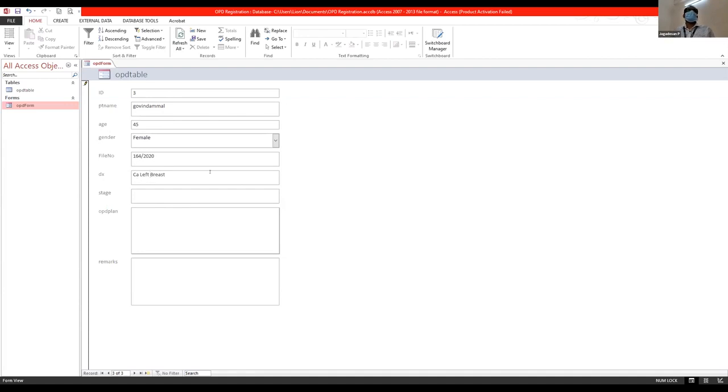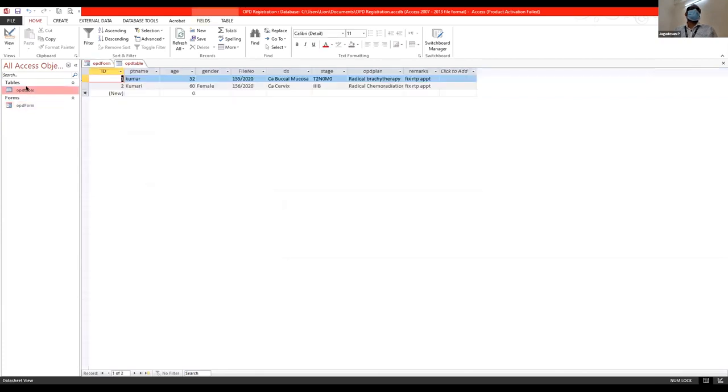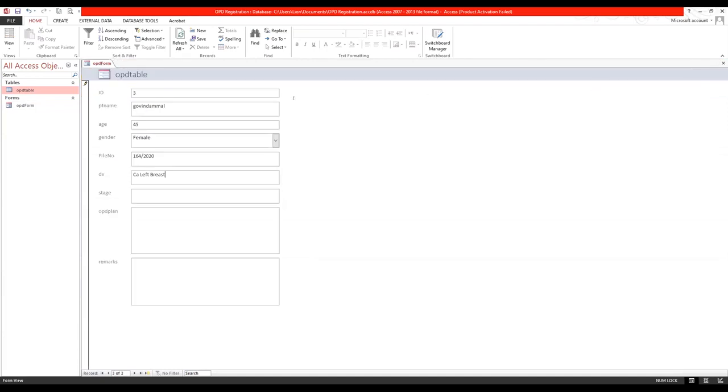In fact, this diagnosis column can also be made into a drop-down one. It's fine. But if you convert this into a drop-down, you have to go to the table and make the change there. The issue is, if you convert it there, that doesn't get reflected in the form over here. So whatever changes you want to make, first create the table with all the fields you want, save it, and then come back and create the form. Don't go halfway through and then do that. That will lead to a lot of trouble.